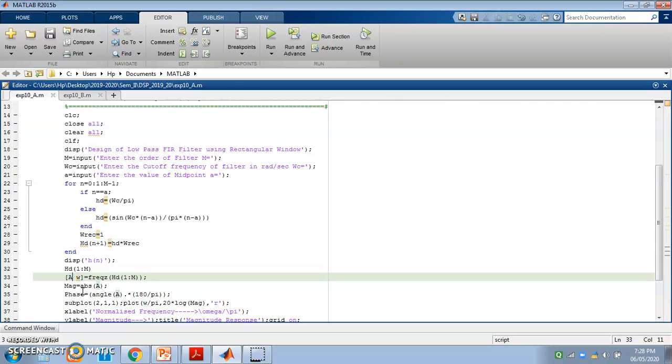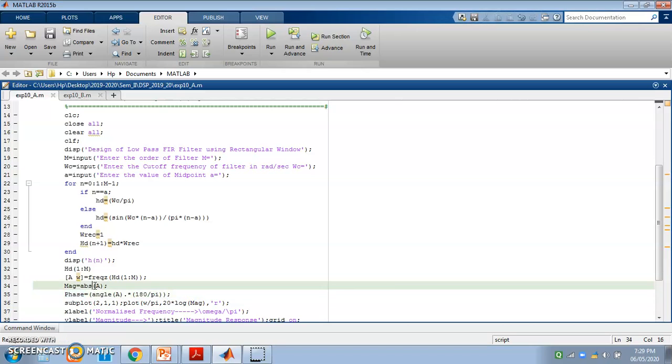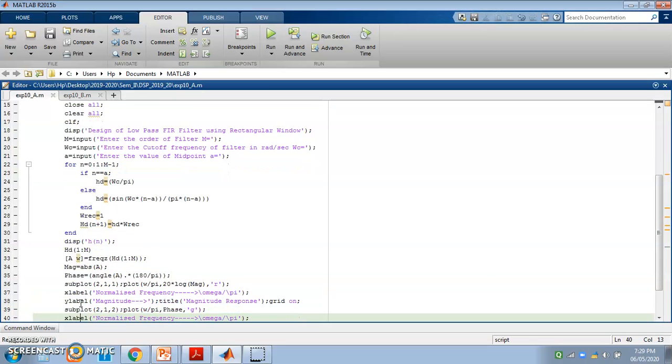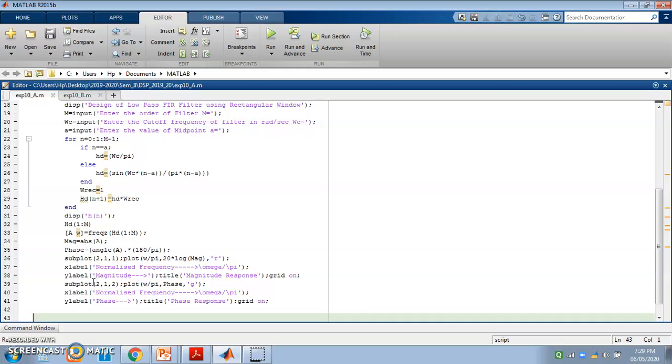So here the frequency response can be separated into a magnitude function and phase function by using the absolute command and angle command. So absolute of A, angle of A into 180 upon pi. Here the angle is getting converted into degrees. By using subplot, one can have the plot of magnitude response and phase response. So if we run this code,